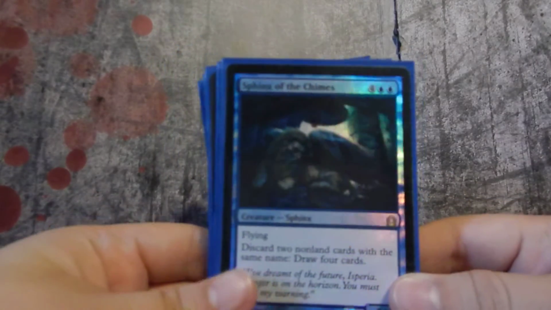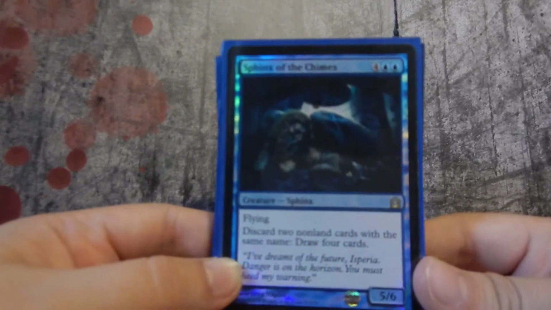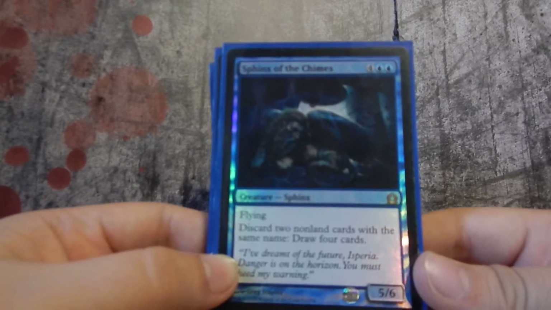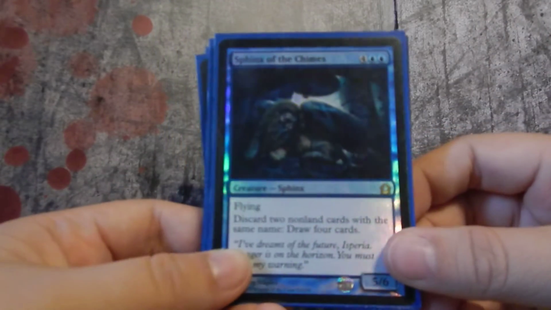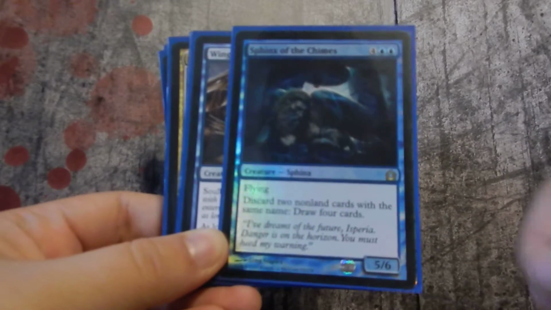And then I have a foil Sphinx of the Chimes. Pretty much this card is useless in Commander, but I mainly just have it for a big creature. But discard 2 non-land cards with the same name, draw 4 cards. But as any good person knows, for Commander, you will not have more than 1 card with the same name,